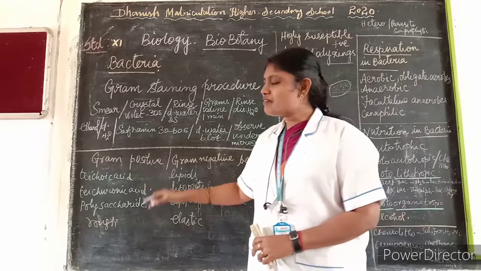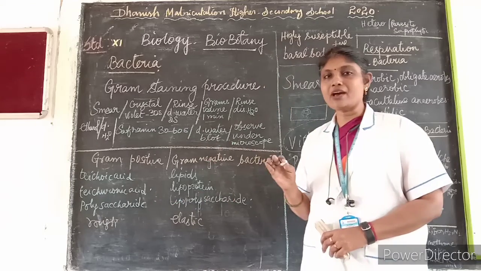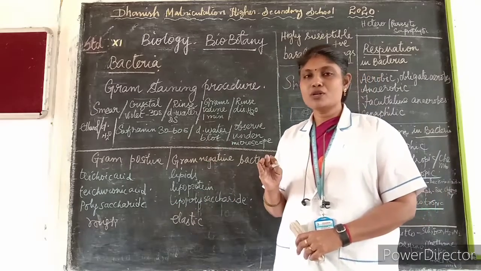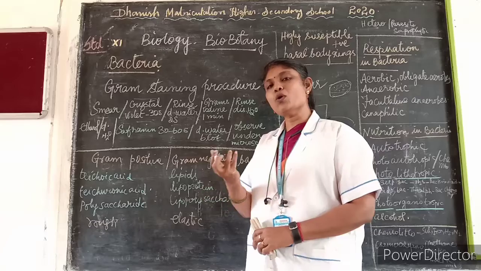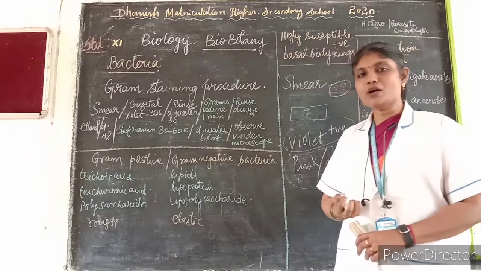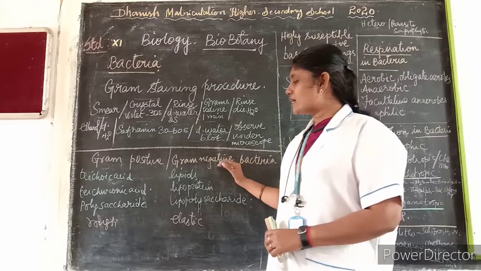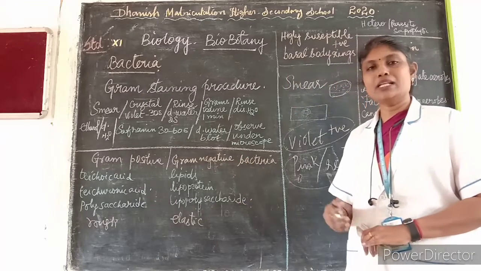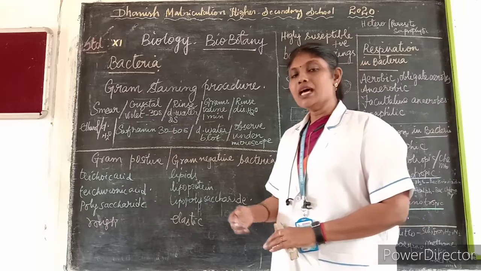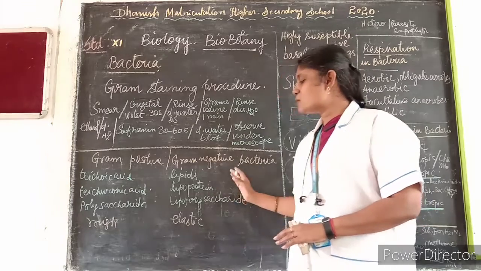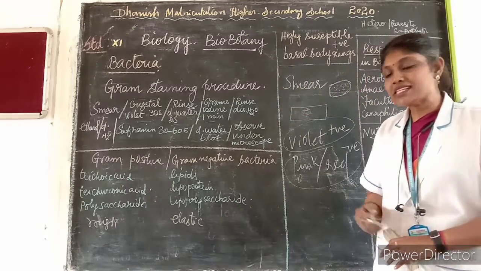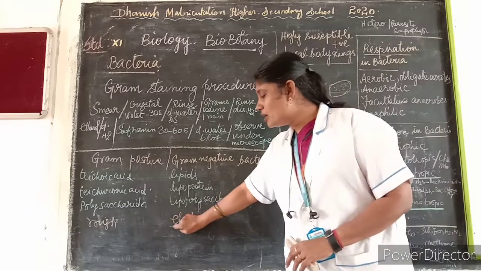Then they have a rough surface, so it is able to hold the stain and appear violet in color. Understood? So here in gram-negative bacteria, the presence of lipids, lipoprotein, and lipopolysaccharide is more, and it gives an elastic nature to the